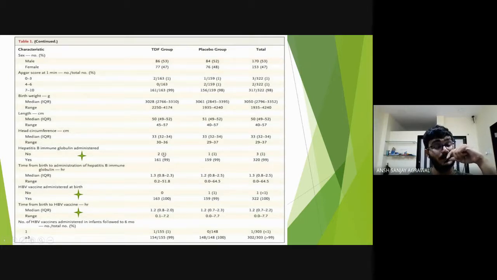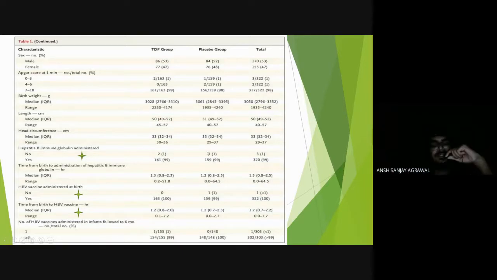So this is due to a multitude of factors. For example, one of these was a stillbirth, and the other one was due to